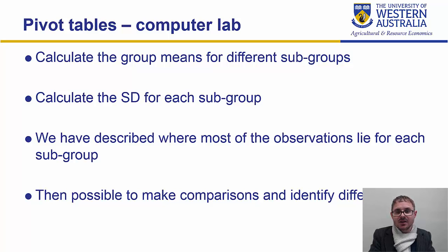Just knowing our average and standard deviation formula is not going to help us that much, because we need to be able to do them by the subgroups. And we want to be able to do that quickly and efficiently, because that's one of the core things that we use to describe in science. We're often doing that. So we want to describe all of those things, and that's going to be the topic